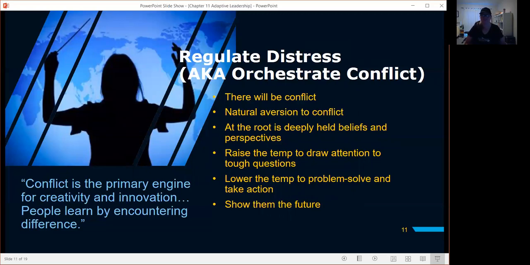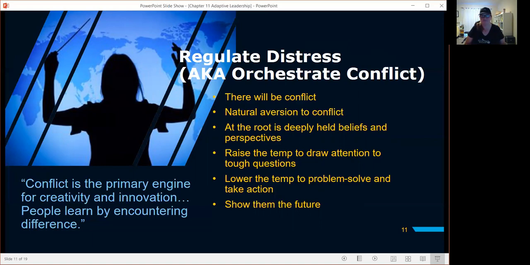Right. And so the idea of orchestrating conflict is to embrace that and to have it be heard and to really look at what's underneath the conflict. So oftentimes when people are showing resistance or negativity, it's because there's some deeply held belief that's underneath all that, that if we could just get that out and look at that, maybe that would make a difference in